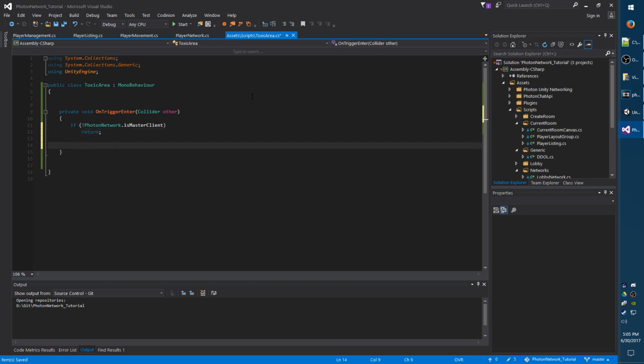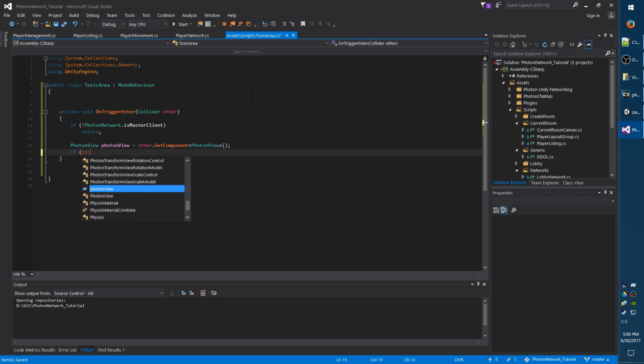And now we need to try to get the PhotonView component from the object that hit the trigger. And if it needs to sync up with the server, it should have a PhotonView component. So we're going to do photonView equals other.GetComponent<PhotonView>. And you need to check if photonView is null because if it was an object that's not synced up with the server, there is a chance it will be null. So we're going to do if photonView is not null, make sure you use the lowercase one,